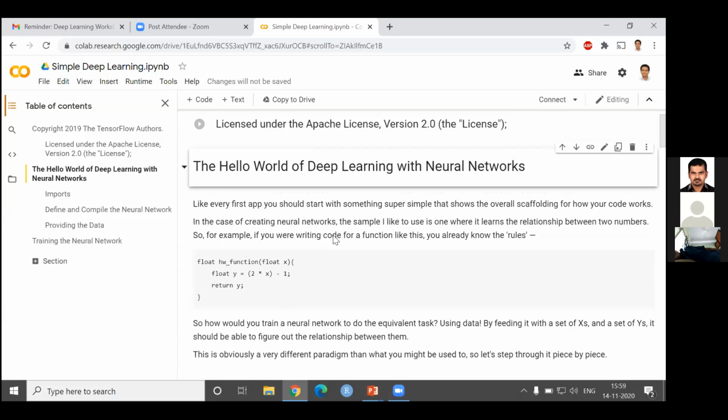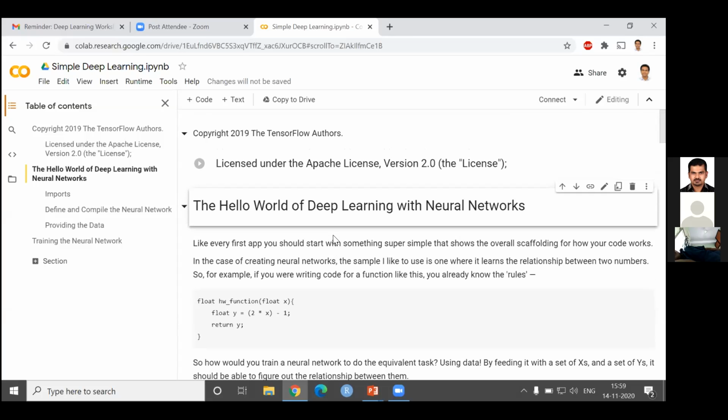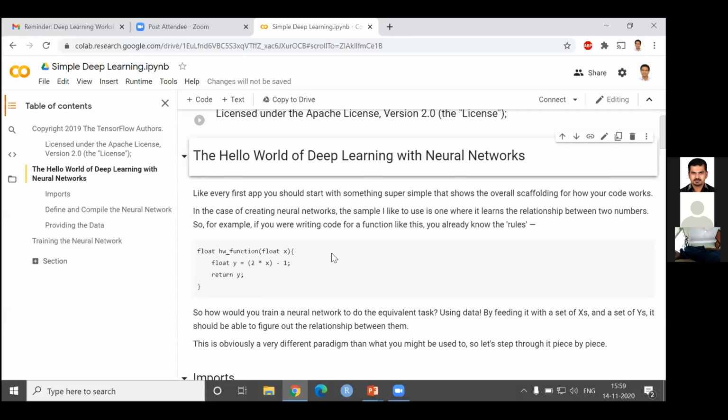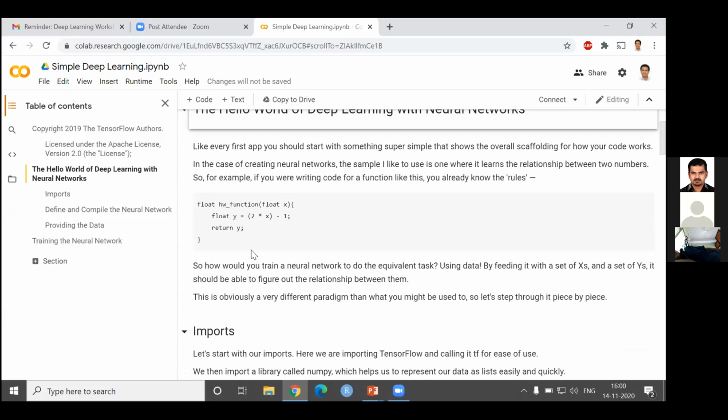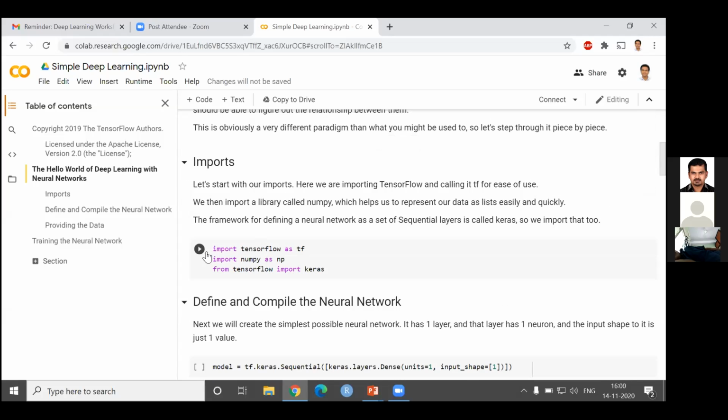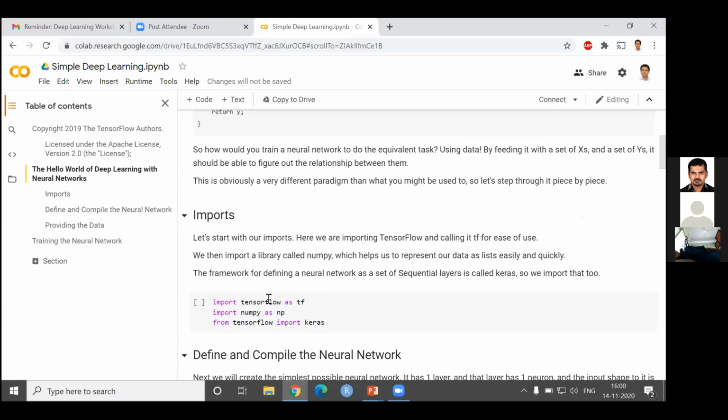So you can just go through this notebook, and I'll also be running this here. You will see various cells here. In order to run the cells, you can hover your pointer, and you will see a run button on the left side. So you can simply run each of these cells. Okay, so I will run the cells.